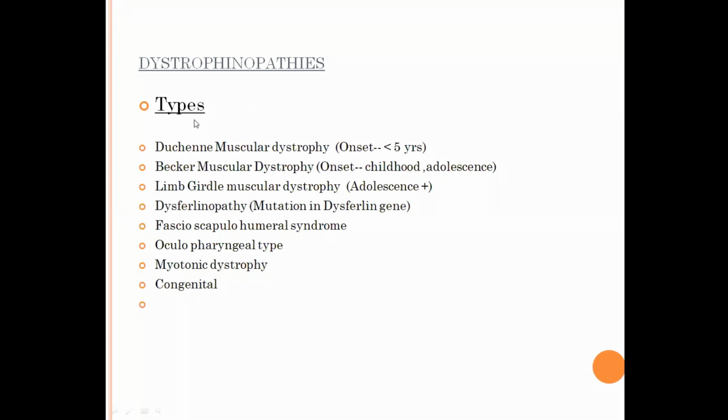There are various types of dystrophinopathies. You are all aware of Duchenne muscular dystrophy, which comes below the age of 5. A little later is Becker's muscular dystrophy. Still later is limb girdle muscular dystrophy. Then there are some new entities called dysferlinopathies. Face, scapula and biceps is FSH syndrome, oculopharyngeal, myotonic, congenital. So these are all various names given depending upon which group of muscles are affected. The common one we see in clinical practice is limb girdle muscular dystrophy, starting in adolescence with slow progressive proximal muscle weakness. Duchenne is the one which is most devastating.